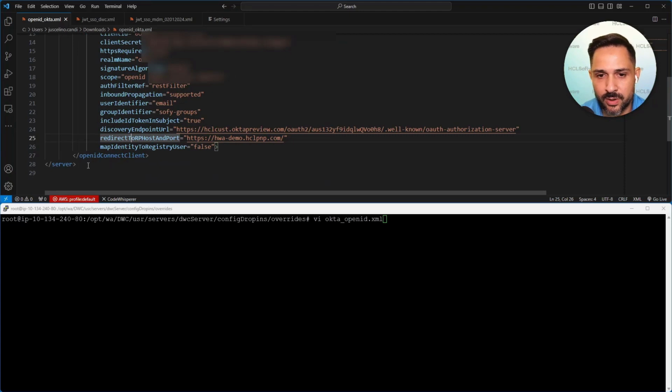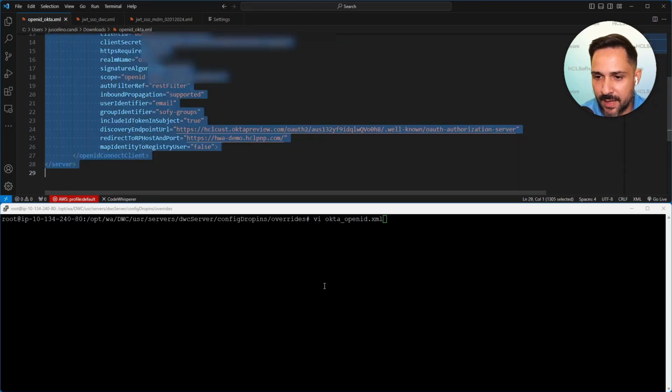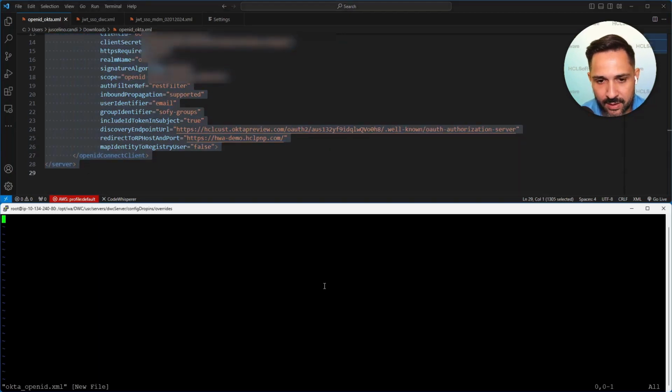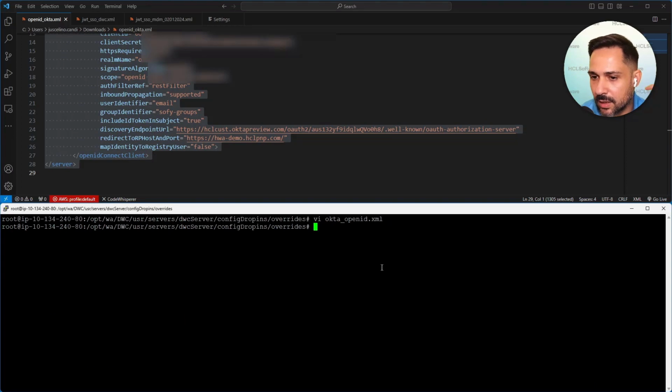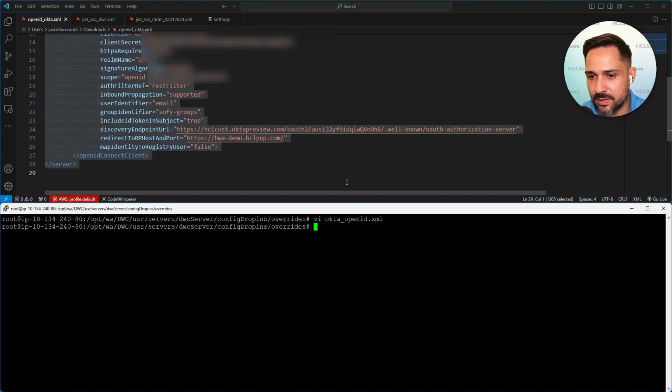So from this point, I can copy and save this in my overwrites folder. I name it Okta underscore OpenID XML. It can be any name, but this is how I'm starting to configure the file. With that only, I should now be able to access OpenID Connect. But before we test and make sure it's working, I will also